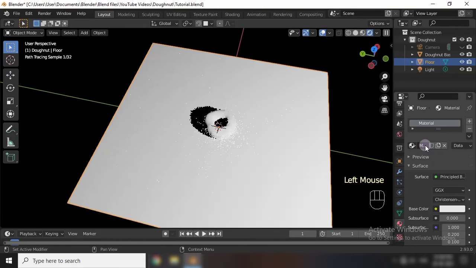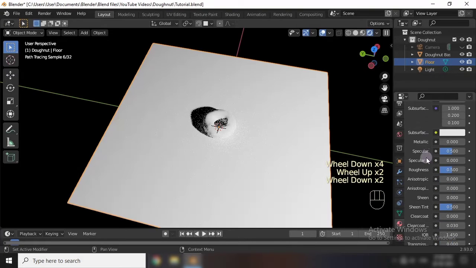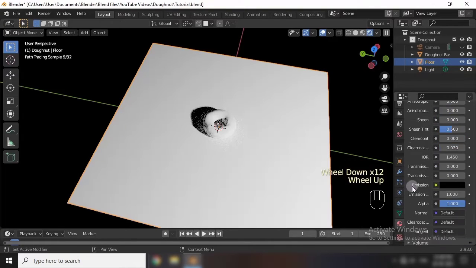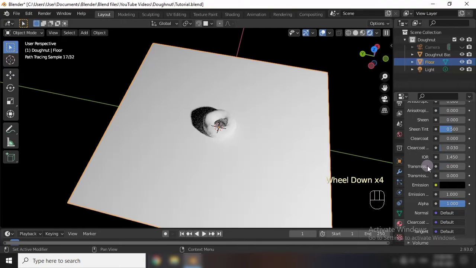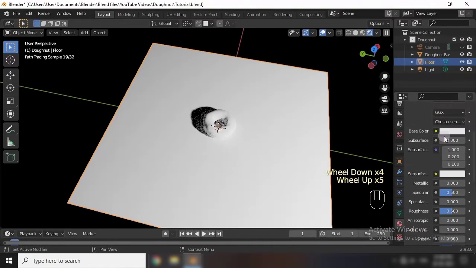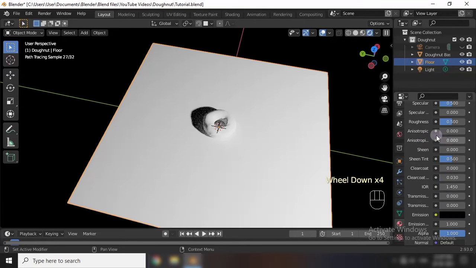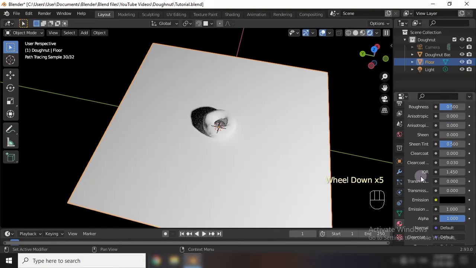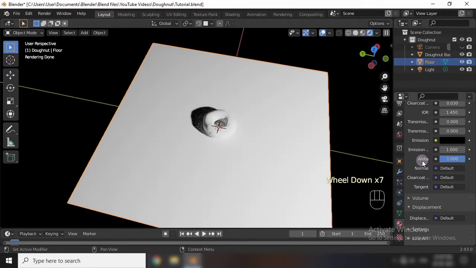Click on New, and many properties will come, and most of them we don't need. We only need a few, like base color, subsurface, metallic, roughness, and transmission in this tutorial series, and not much more.